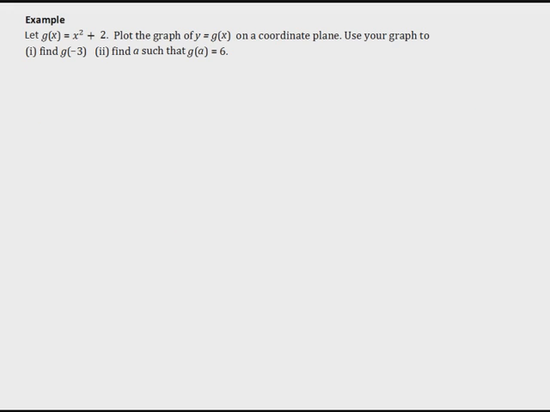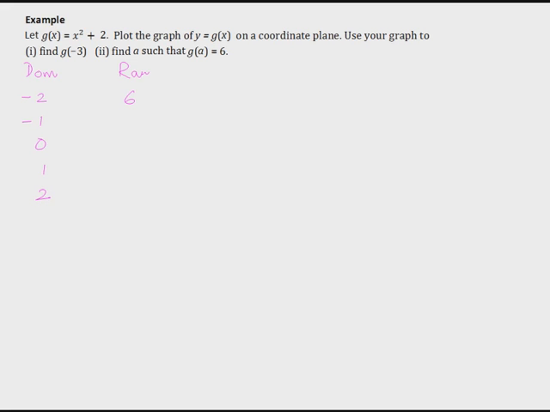Let g(x) equal x squared plus 2. Plot the graph of y equal to g(x) on a coordinate plane. Use your graph to find g(minus 3). What I need to do is take some domain values and get some range values. And the function is x squared plus 2. So if I go minus 2, minus 1, 0, 1, 2 as usual, I'll get